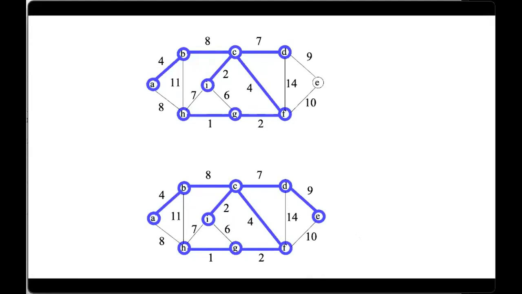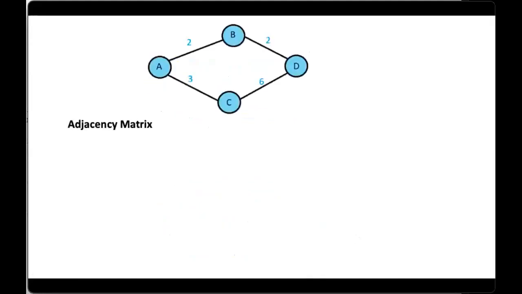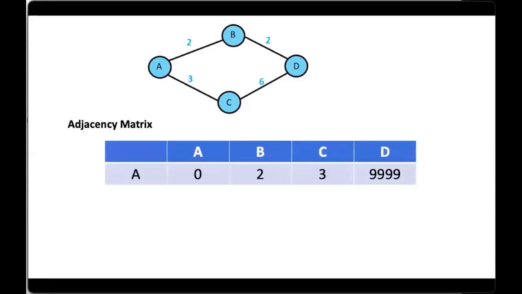In Prim's algorithm, first we start with one vertex and the minimum cost edge associated with it. Next, from among those two vertices, whichever has the minimum cost edge, we select like that. So the algorithm goes like that. And one more important thing is, before we start applying the algorithm, for any given graph you should write the adjacency matrix.